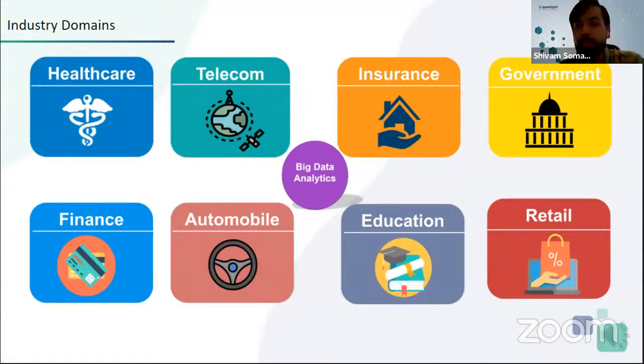So what they do in the backend is analyze the data generated with the claims. Whenever policies are bought by customers in a particular area, how many of them are claiming those policies, and what is the claim percentage of that particular area?